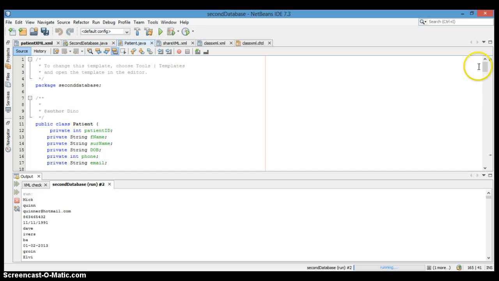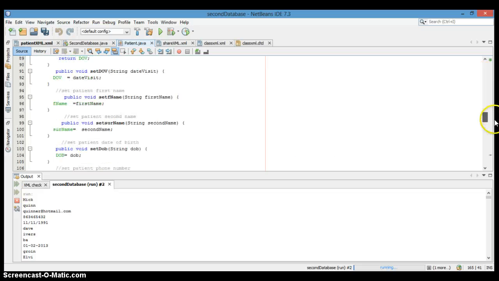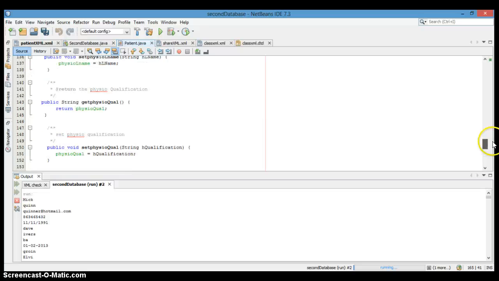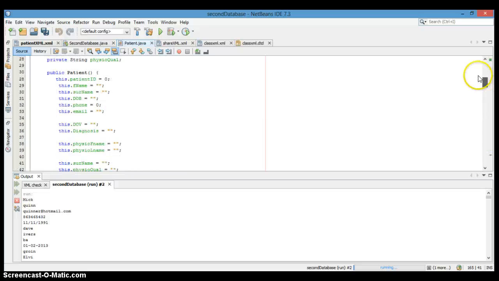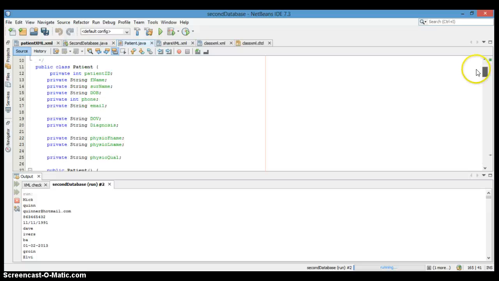Okay, so just in quick time, by 20 seconds, I'll go through the patient class. You said you wanted to see the print that is used in the array list I've just been talking about. We've lots of setters and getters, and we have a default constructor, and we have our initialization, or declaring the